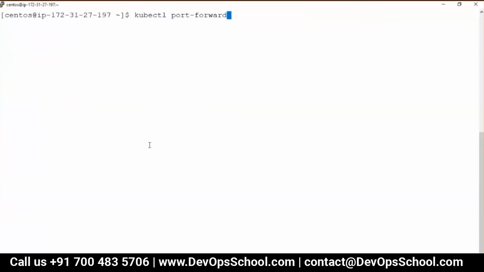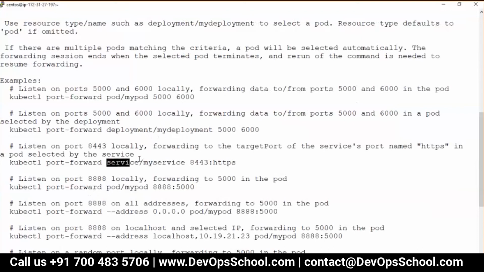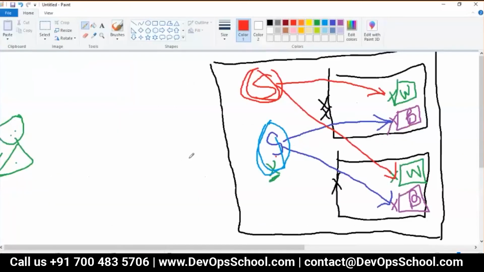kubectl port-forward -h. Look at this. Here you're port forwarding the pod, but see here, you are port forwarding a service as well.